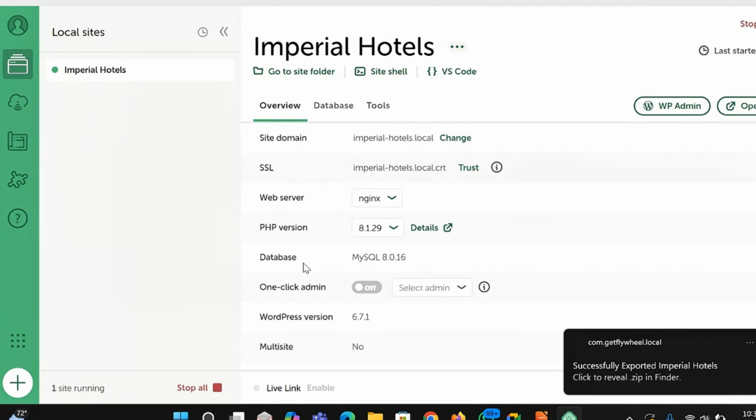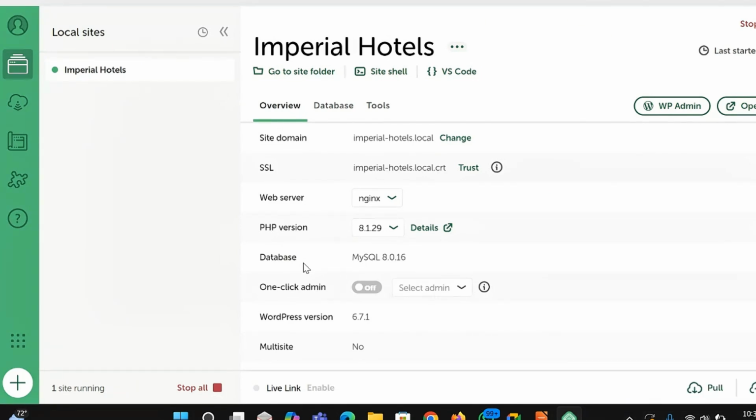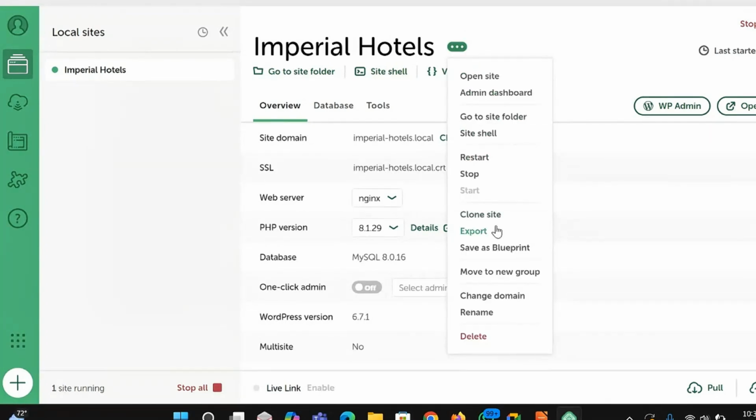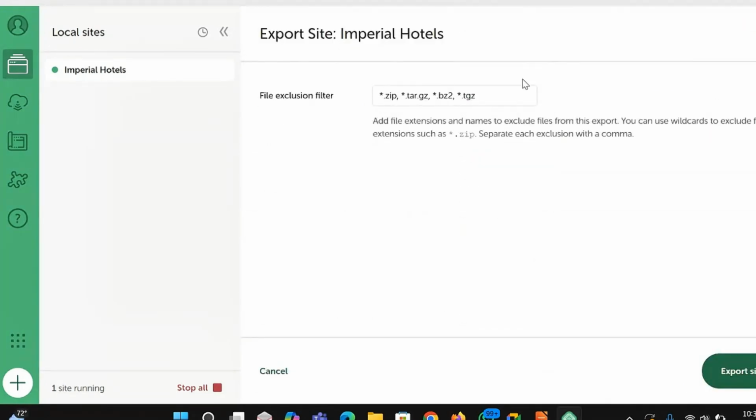Let's say I had borrowed this laptop that I'm using today, and I'm now home and I want to use my own laptop. How do I move the site from this computer? I export it, and that is the process of exporting. You go up here and click export, and the formats don't matter, just leave them as they are. Then you click export and choose where you'd like to export it.